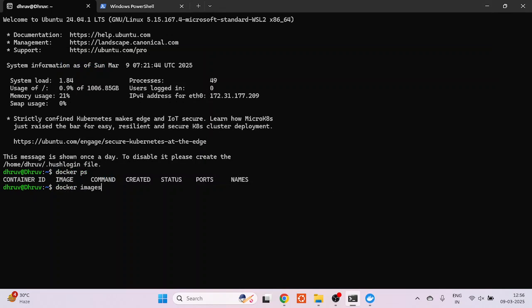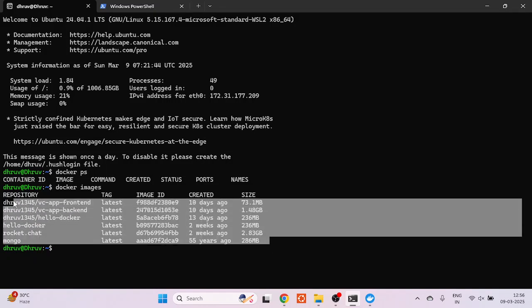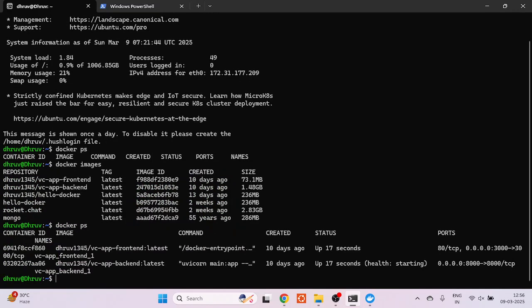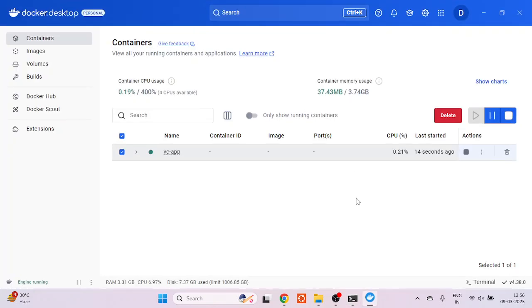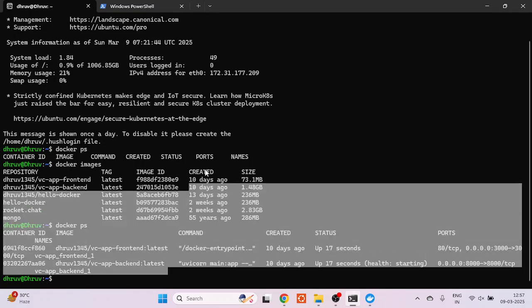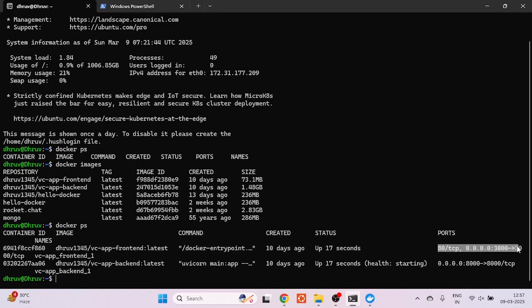Let's first check the images that are present. These are some images that are present in my Docker container. Since I started this container, it consisted of two images, that is VC frontend and VC backend. When we start this container, both these services start, and we can see the localhost preview on our machine. This also shows the ports on which these have been deployed. Moving forward,